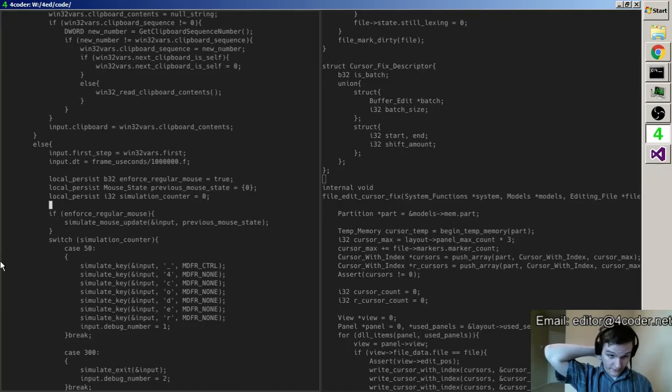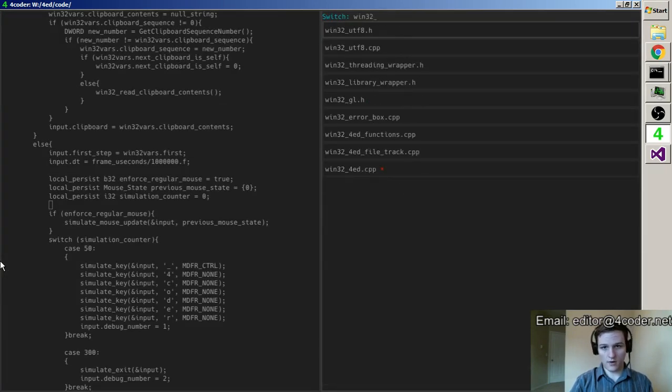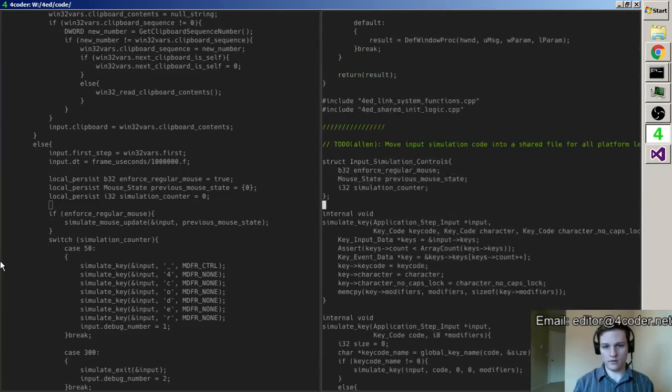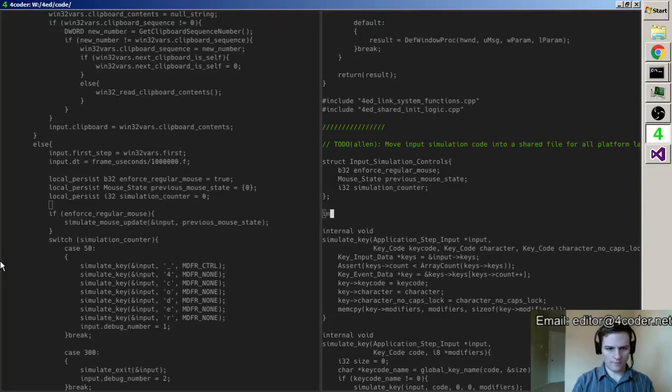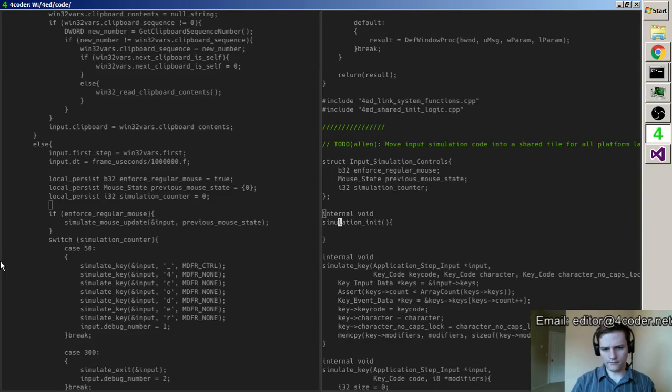Okay, so let's take a peek back at what we were actually doing, which was this. Alright, so simulation init. Input simulation controls. Enforce regular mouse equals true.